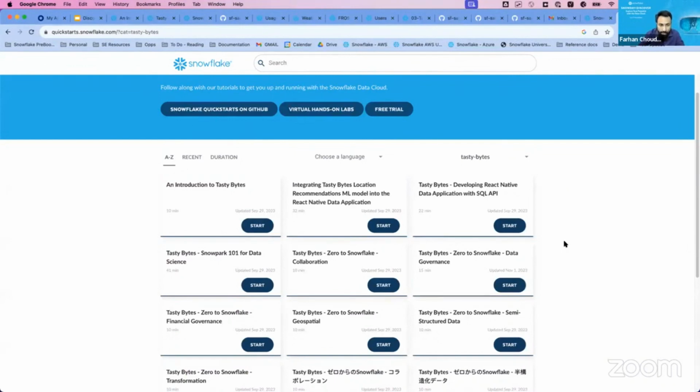If you want to know about governance, I saw a few topics on governance. What does Snowflake do on that front? And there were questions on machine learning and such. All of that information, if you want to learn how Snowflake works in any of these areas, just go to quickstarts.snowflake.com. It's your friend. Browse for free trials. Browse for virtual hands-on labs, and there are quickstarts as well that you can follow through. And that'll make it a lot easier for you. In case you have any questions, you can reach out to Pawan, you can reach out to any of the team that is answering your questions on the Q&A panel, or you can reach out to me and we'll connect you to that resource and we'll get all of your questions answered.